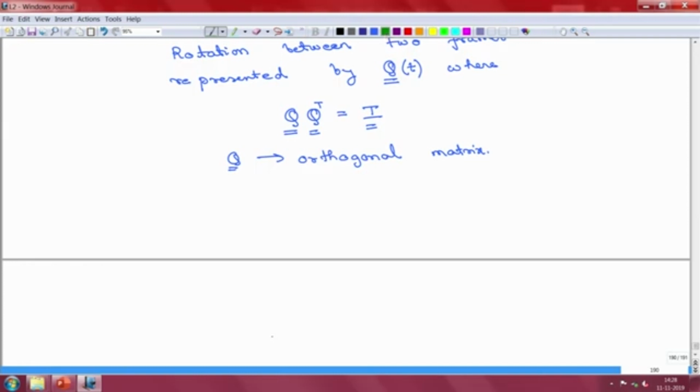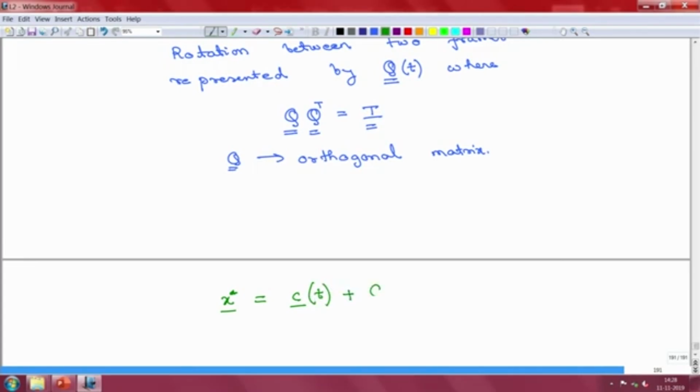Then what is the new position for that same point in the rotated and translated frame? So, we can write this relationship that x star, which is the position of the same point in the rotated frame, can be given as some translation, we will just call it c of t, and t just shows that it can be a function of time,